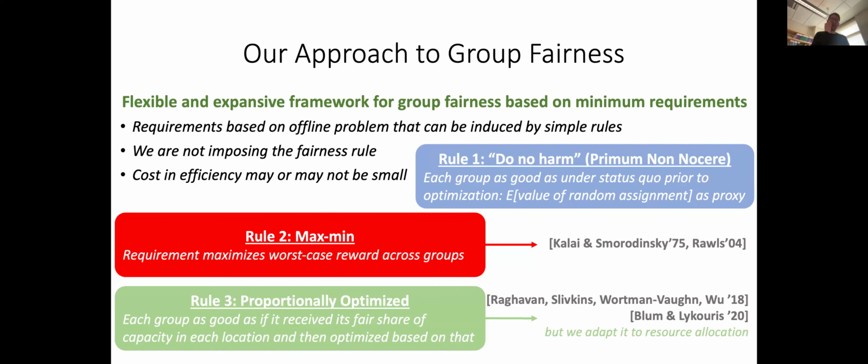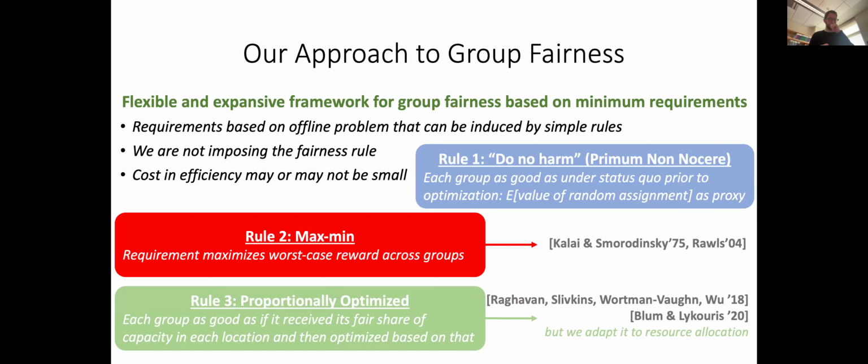Or another option would be something that we call proportionally optimized, which is motivated by some work in online learning that has come before us, where we want to think of it as if a group